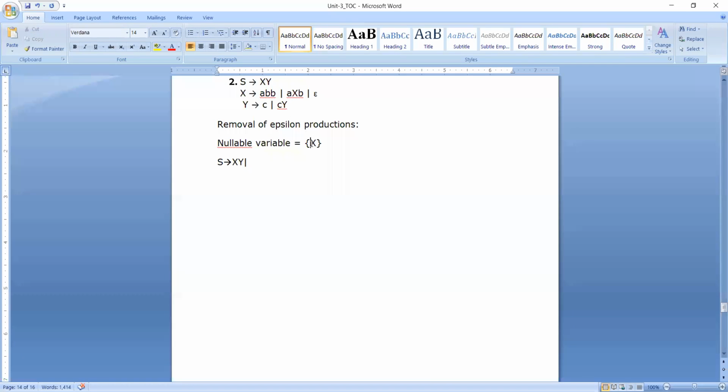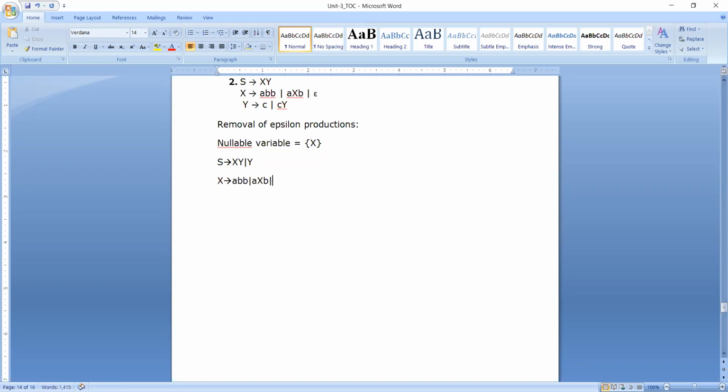What is the nullable variable? We have capital X. As this capital X is appearing only one time, we go for removal of its first occurrence. Then the variable which will remain will be capital Y. Then what about X? X derives to small a, small b b, or a capital X, b small b,